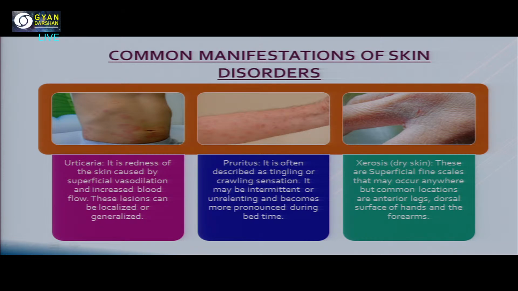Third is xerosis, which is dry skin. Usually, when there is skin infestation, dry skin occurs. In dry skin, many emollients can be used. But sometimes the dryness can be very heavy and you require medical help to deal with that dryness. Usually, there is also scaling, and it is common in positions like the anterior legs, dorsal surface of the hands,